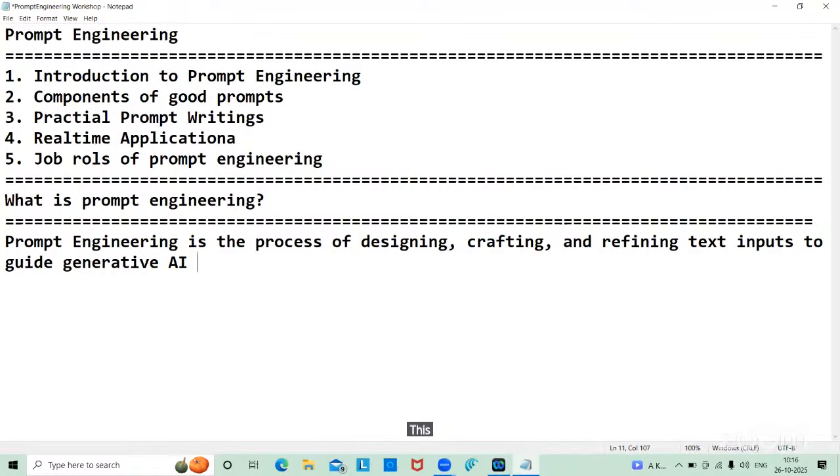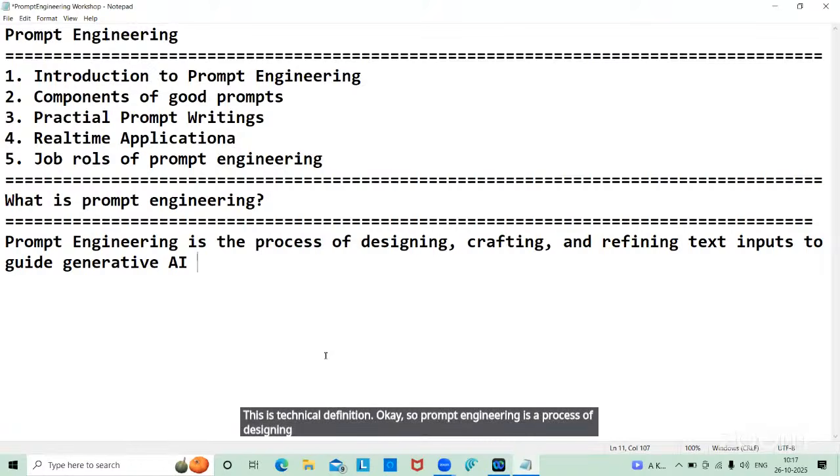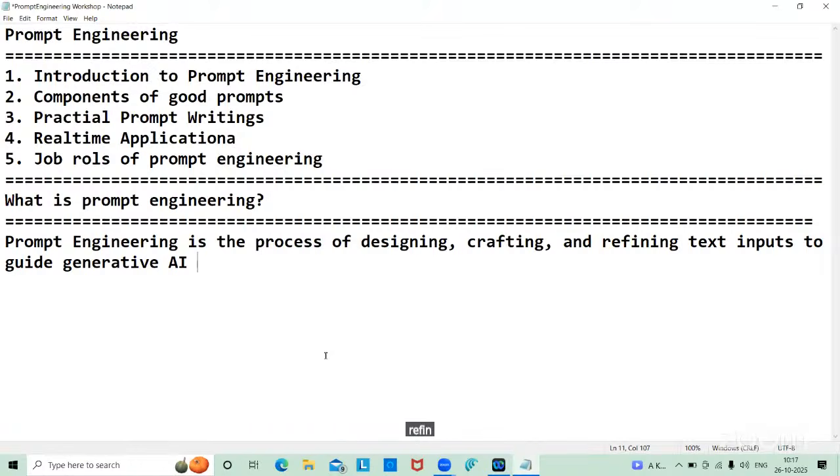This is the technical definition. So prompt engineering is a process of designing, crafting, and refining text inputs to guide